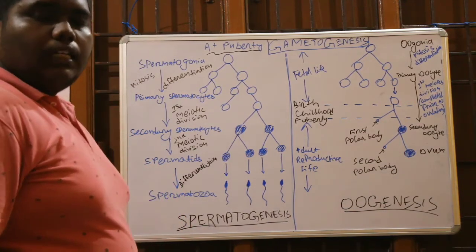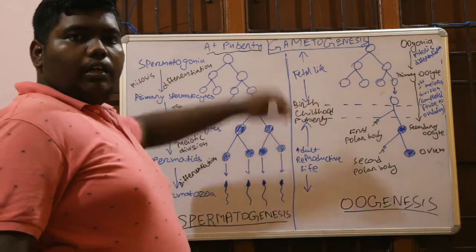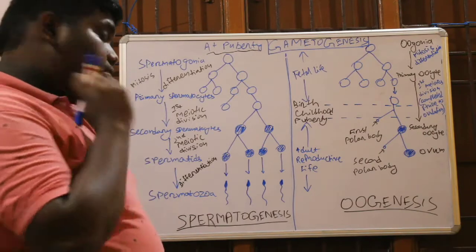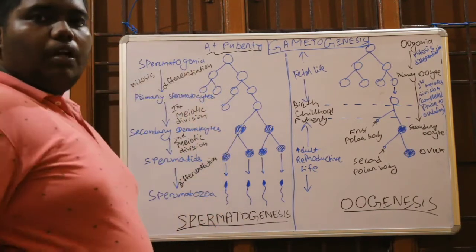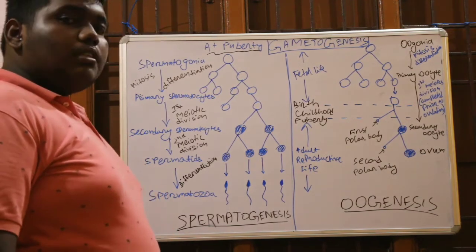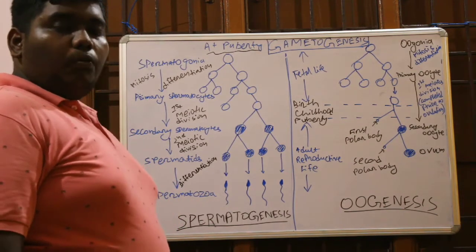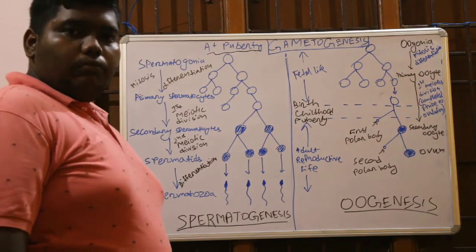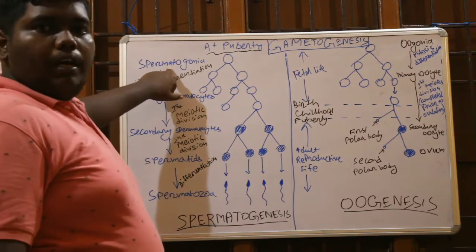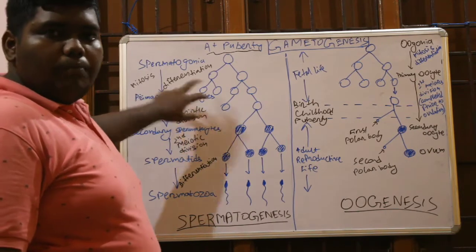The process by which sperm is formed from the spermatogonia is known as spermatogenesis. Now, where are these spermatogonia from? They are actually produced from the seminiferous tubule. In previous videos, you must have learned about what the seminiferous tubules are. We have already taught about it. Now, those produce spermatogonia, and those divide by the process of mitosis.